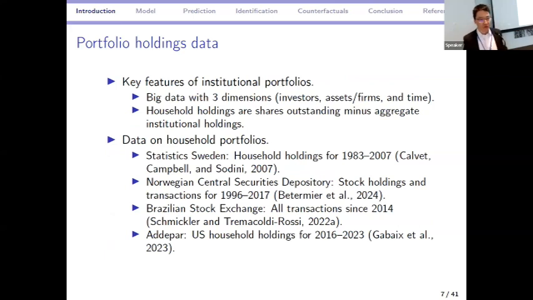These holdings data do not complete; they sum up to total assets outstanding. So the direct household holdings, for example, in the 13F data, is the residual if you take the market shares outstanding and subtract institutional shares. So then that raises the question: can we break up the household holdings to understand the household sector in more detail?